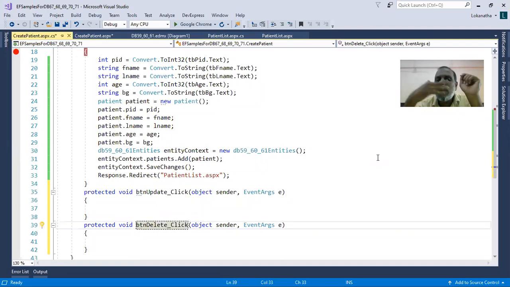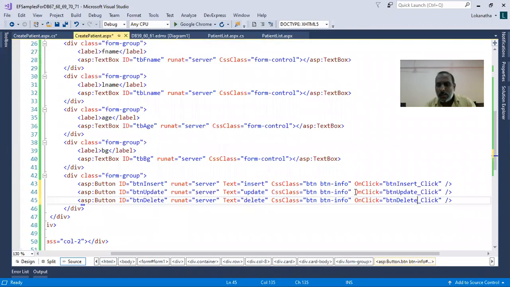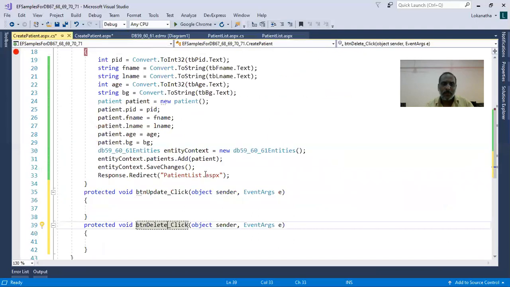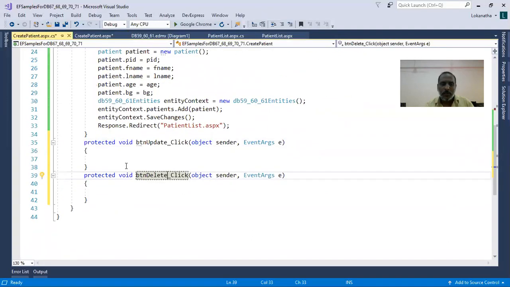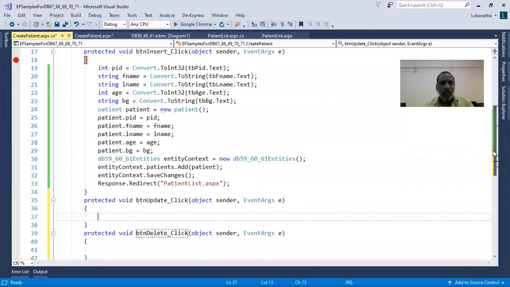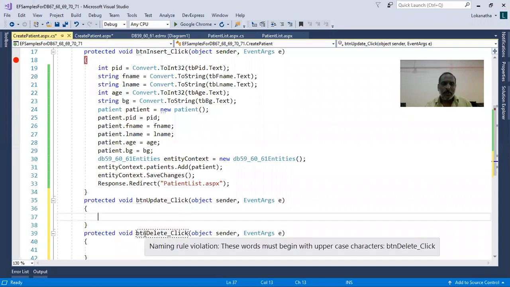When you create a new button, remove this part and then double click, and it will generate the appropriate method automatically. Now we need to perform the update operation. After this, we will try to perform the delete operation.